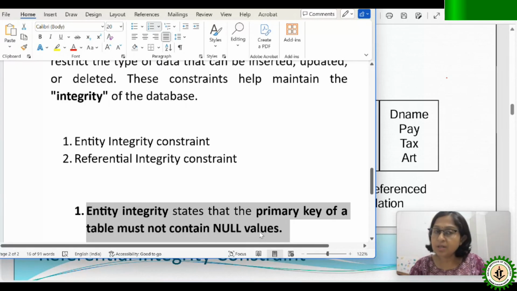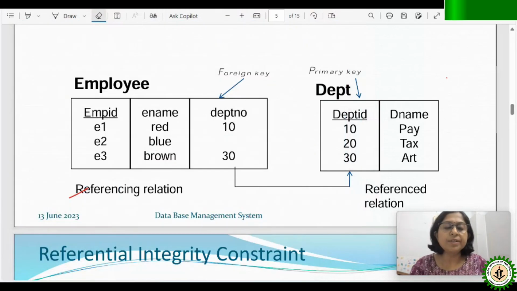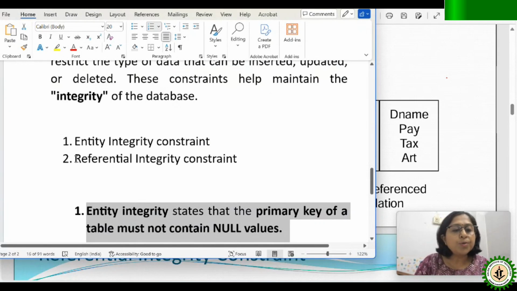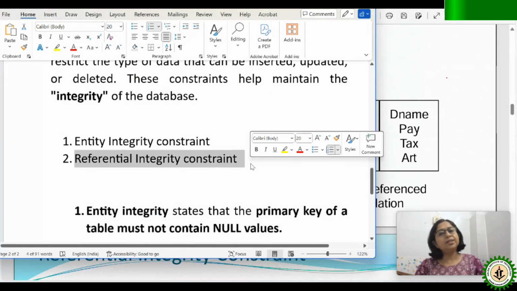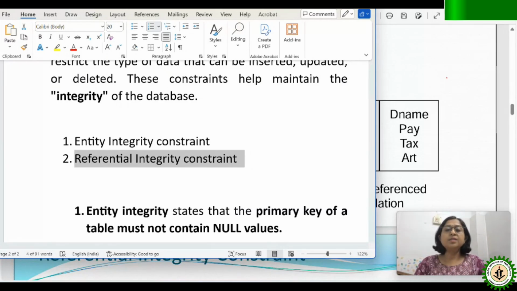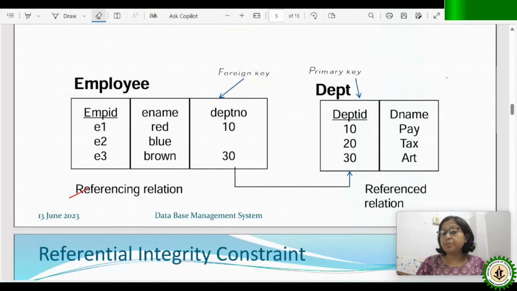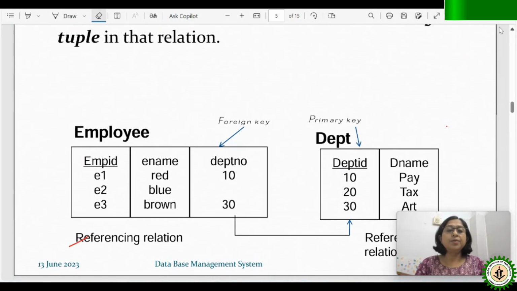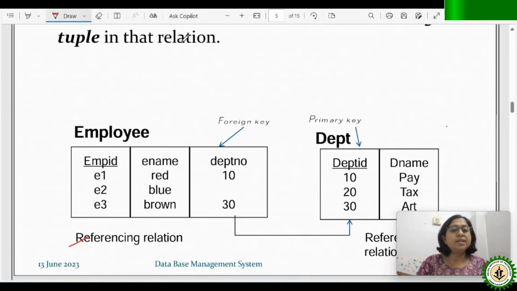So this is what just now I have explained. So I think after this explanation, it is clear to you. Later on we can revisit, but for now I think it is clear to you. Next. So the next integrity constraint which we want to discuss is referential integrity constraint. Now to understand this, we need to know some other type of key which we have not discussed in the previous lecture. Okay. So you can very clearly see a new key we have written here.